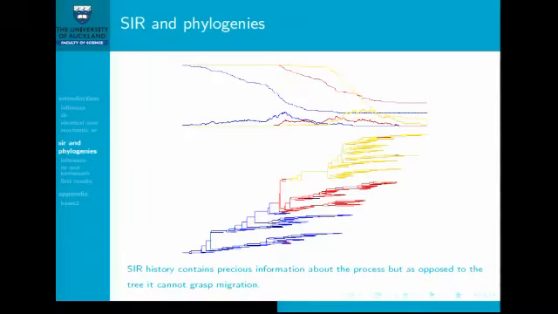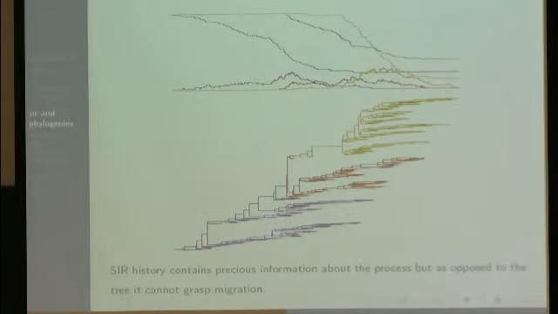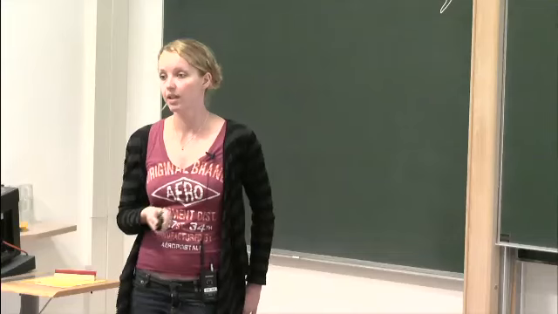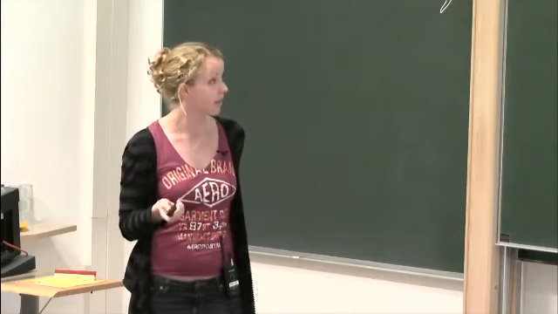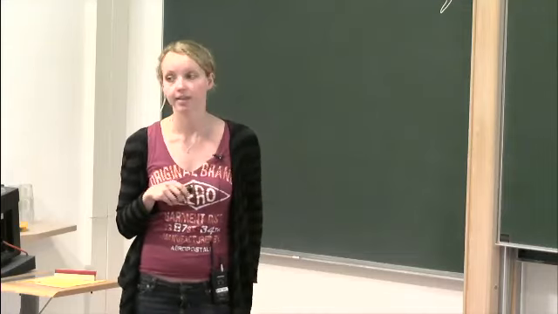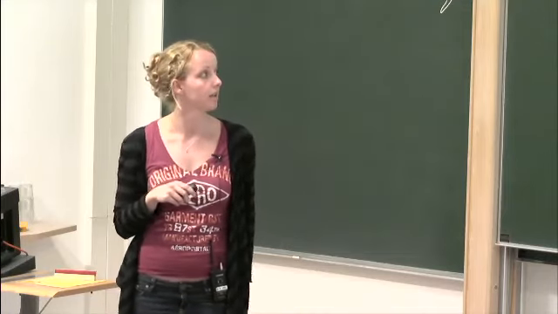So now here I have 3 populations, blue, red and yellow, and I start in the blue one, and you can see how the infection, the epidemic takes off here, and at some point just before the peak in blue we have a migration event to the red population, so the epidemic takes off there, and then the same thing happens with the yellow. And this is one of the possible genealogies that belongs to that SIR history,